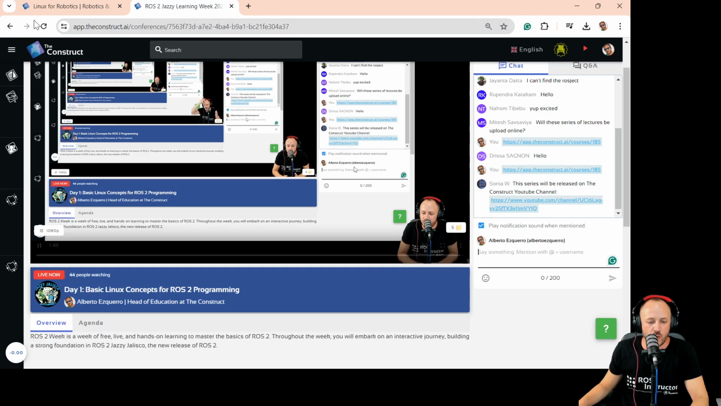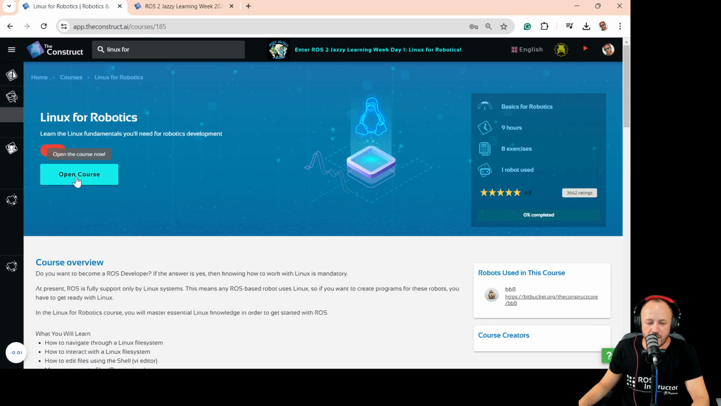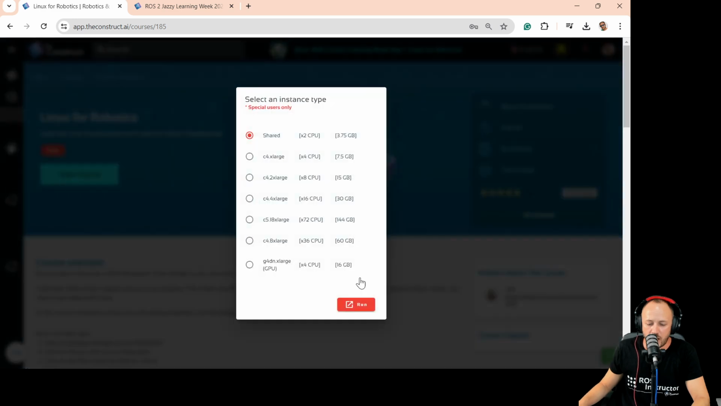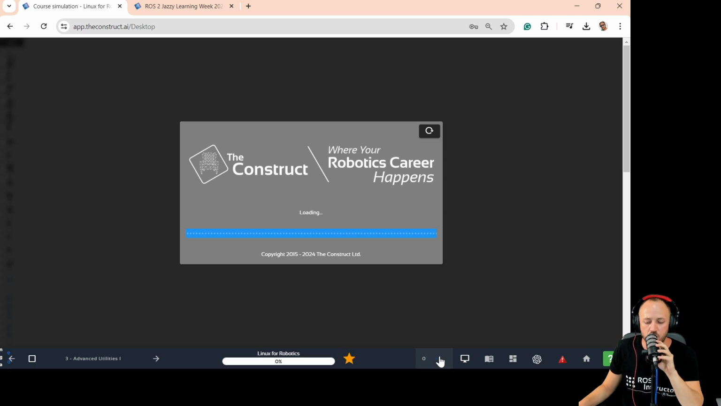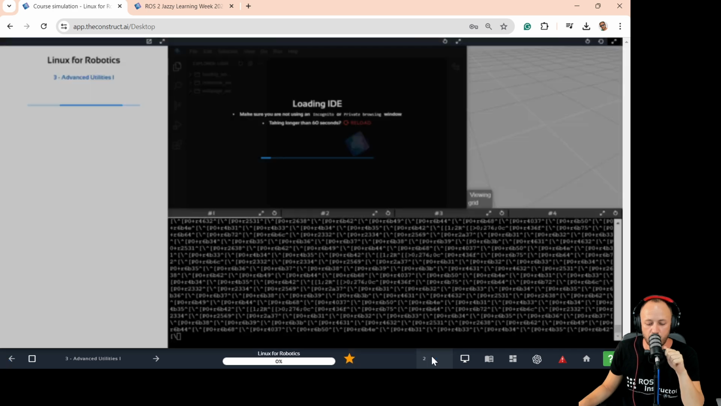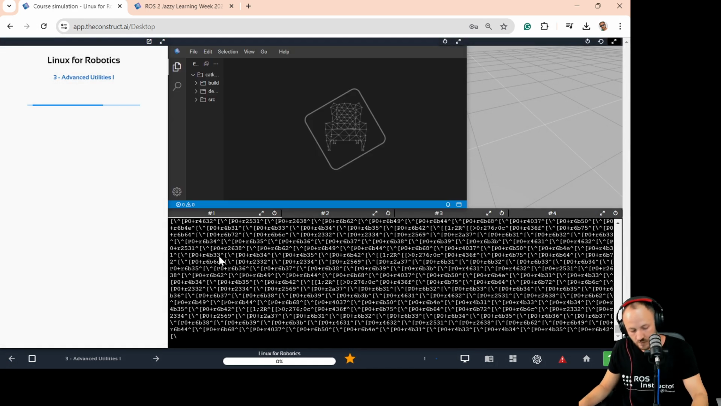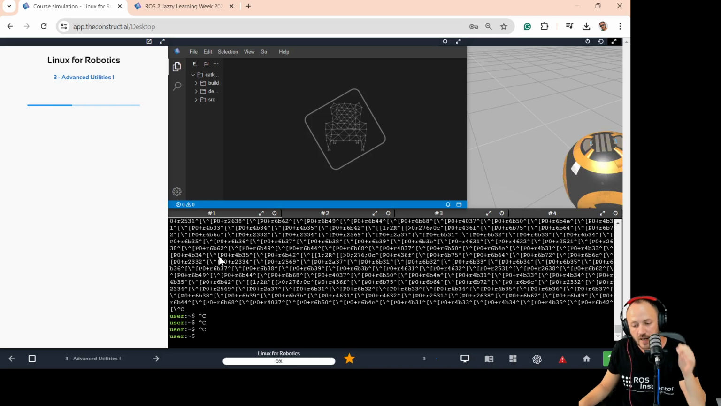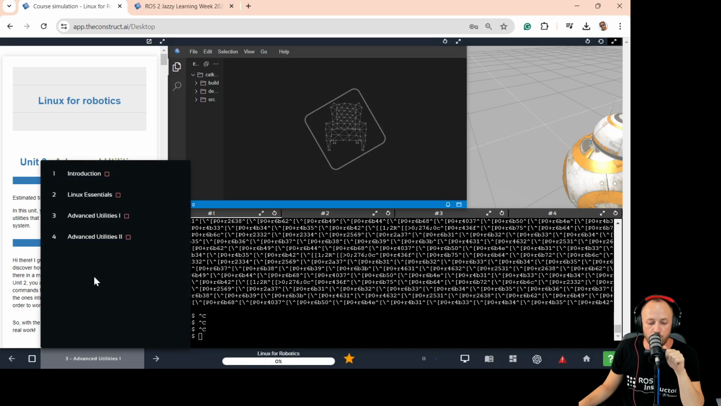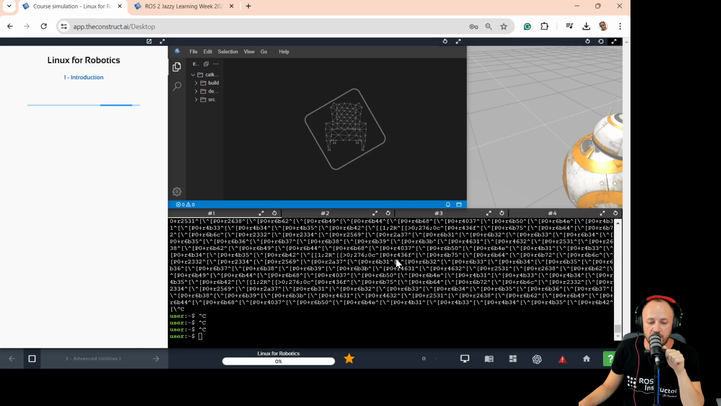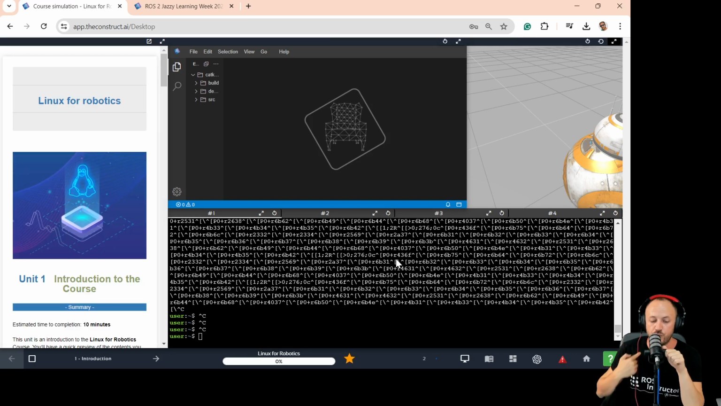So once we are in the course, we can click on the Open Course button, and this is going to take us to the main course page, okay? It's going to take a few seconds to fully load. And here I am in Unit 3, but probably for all of you, you are going to be taken directly to the introduction, to Unit 1,